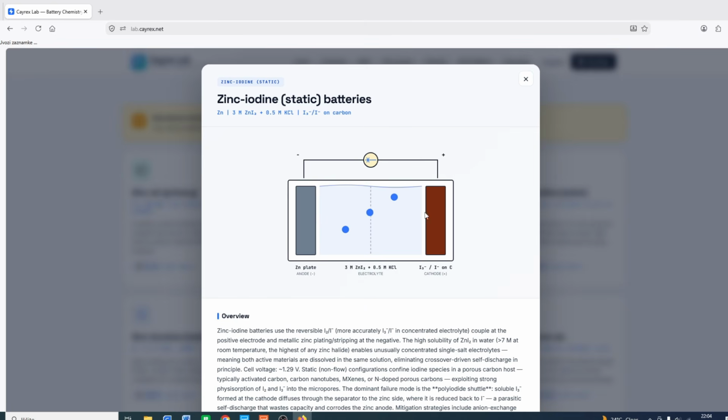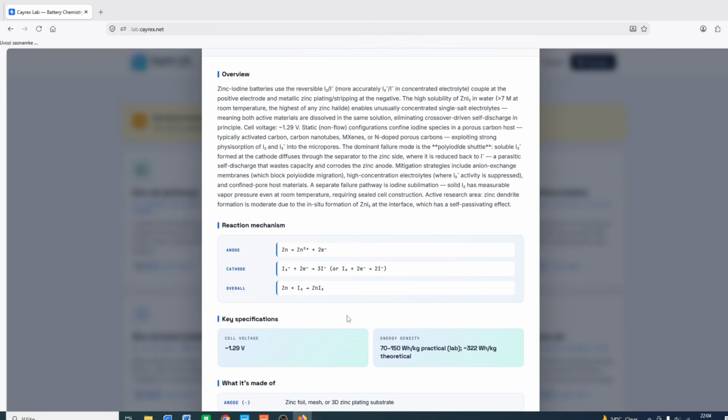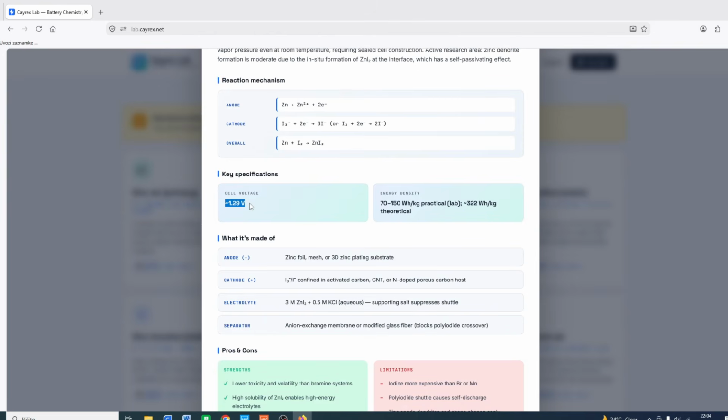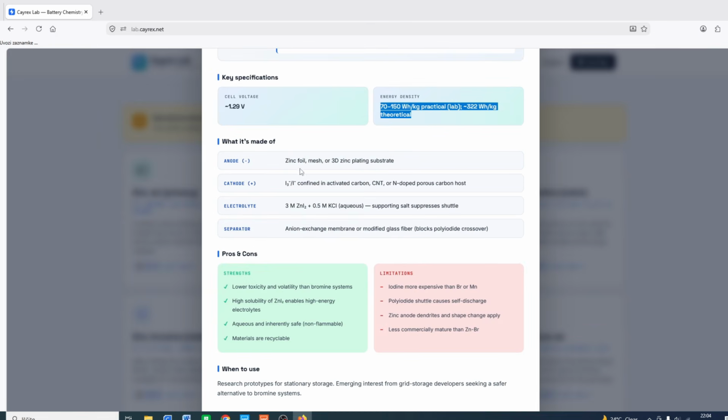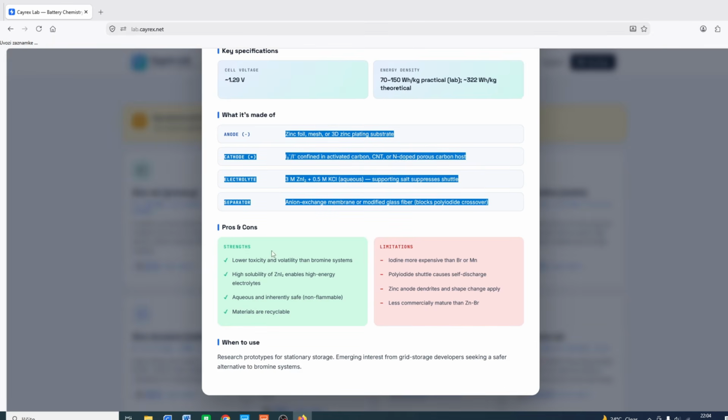So first what you will see will be some graphical cross section of the battery cell. Then here you will get some information, some reactions, some typical voltage and some typical energy density of this battery, how the cell is made, and some advantages and disadvantages of this type of